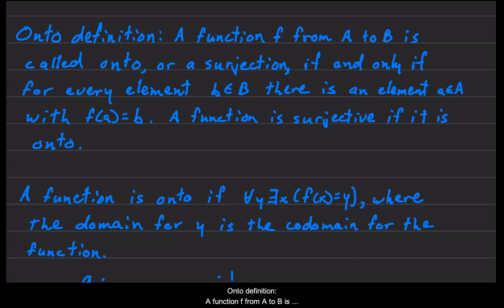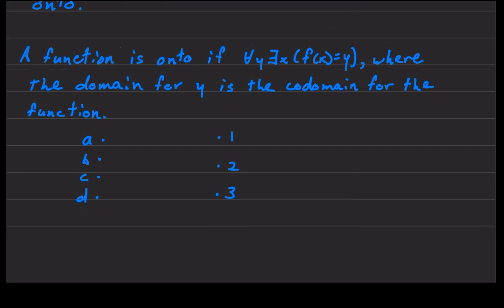Onto definition. A function f from A to B is called onto, or a surjection, if and only if for every element b in set B, there is an element a in set A with f of a being equal to b. A function is surjective if it is onto. A function is onto if for all y there exists an x such that f of x is equal to y, where the domain for y is the